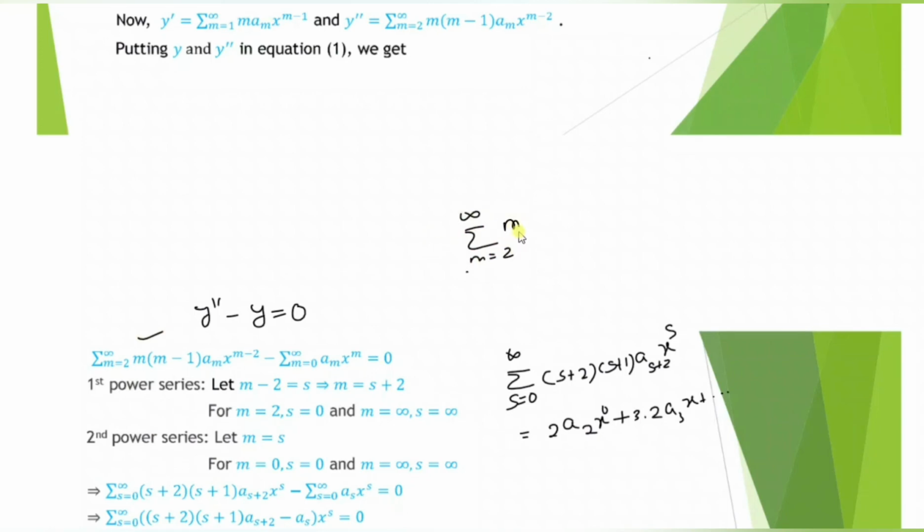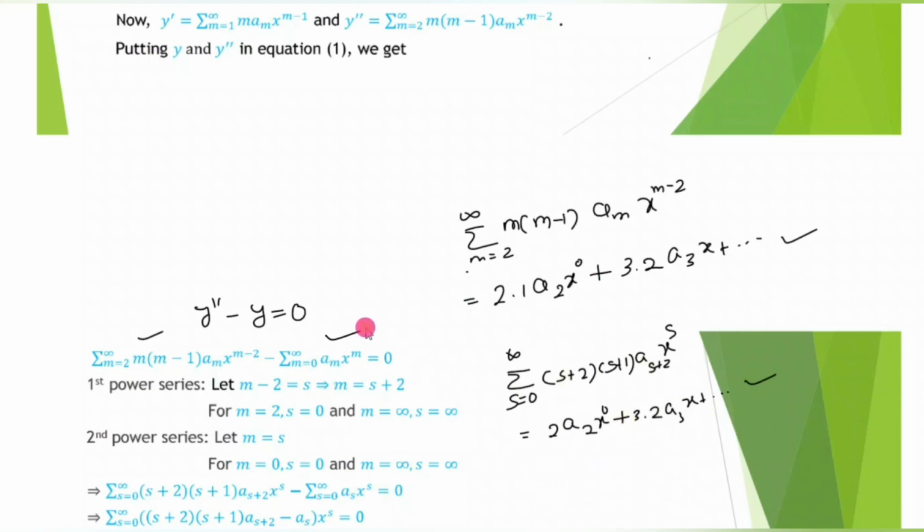For m = 2 this is 2 into 1 a2 x to the power 0, plus for m = 3, 3 into 2 a3 x, and so on. देखो, ये पावर सीरीज सेम ही है। हम समेशन इंडेक्स शिफ्ट करने से पावर सीरीज कभी चेंज नहीं होता, सेम ही रहता है। अब इस पावर सीरीज को देखो,